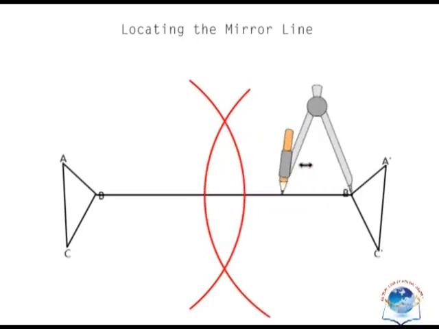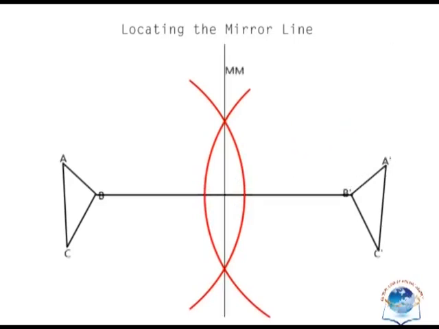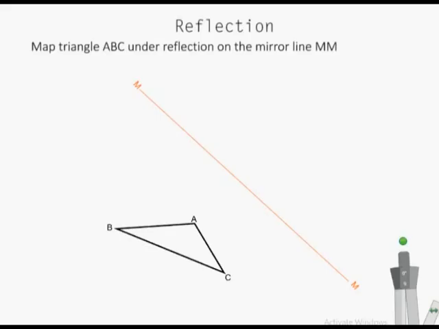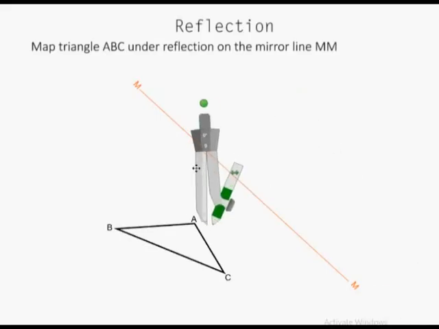I will close the compass now and draw the bisector. This line is the mirror line. It's MM. That's pretty much about reflection. I will leave you to watch this reflection of triangle ABC